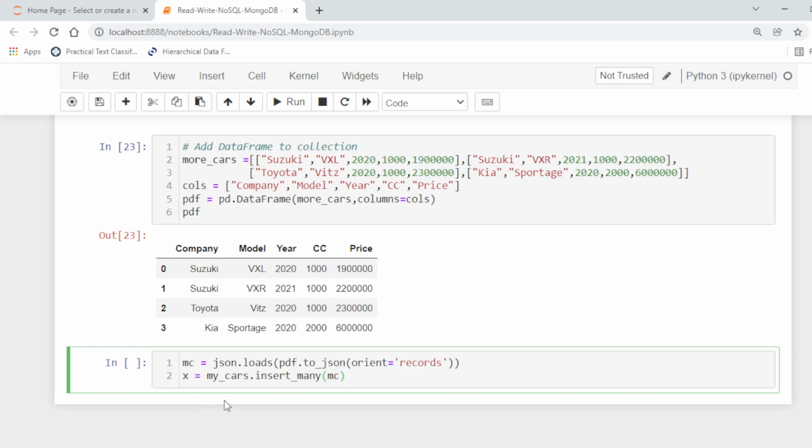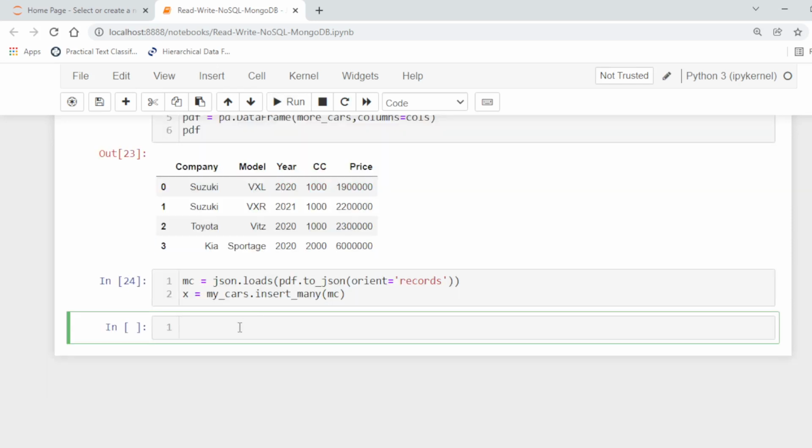After converting, we can insert with mycars.insert many like the above. So here all the 4 documents were inserted into the above collection.